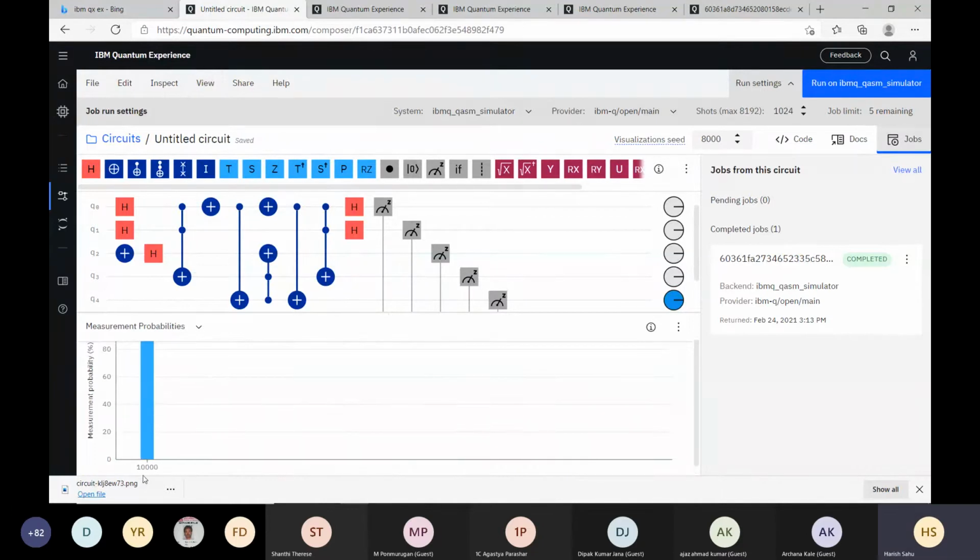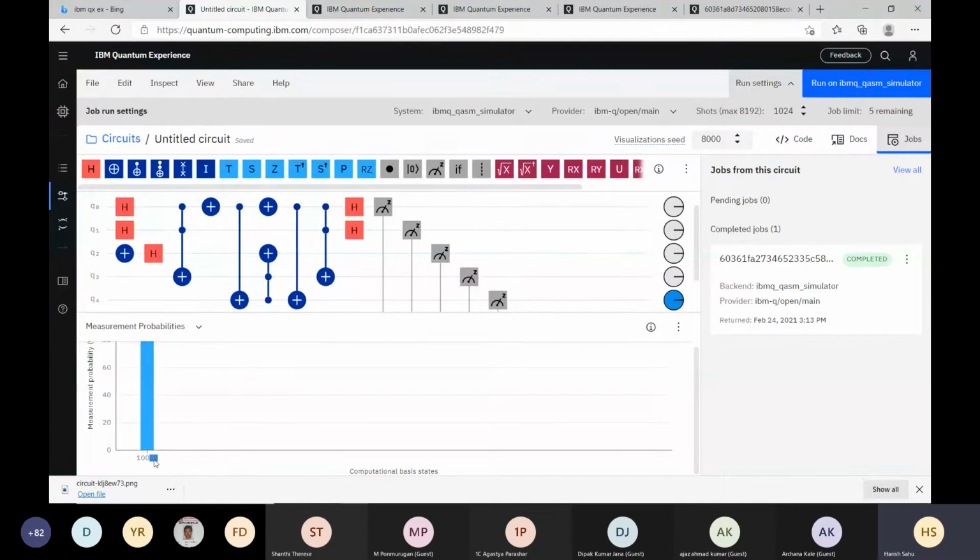So see here, these first 2 qubits are our data qubits. We have to focus on those 2 qubits only. And what is the value of those? That is basically 0, 0. There is no other choice of first 2 qubits other than 0, 0. So whenever these first 2 data qubits are 0, 0, it means the function is constant.